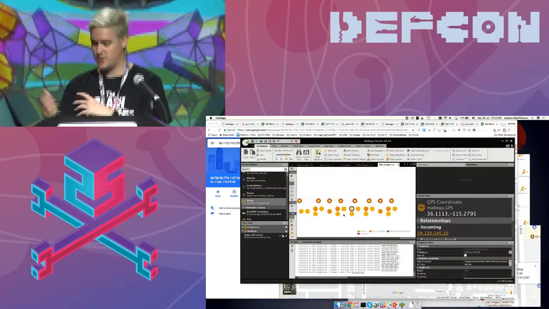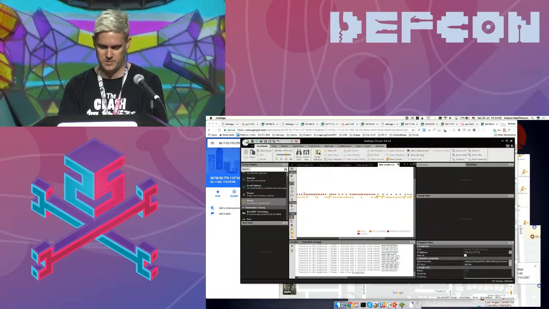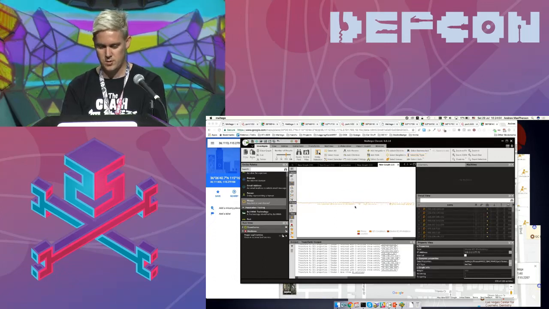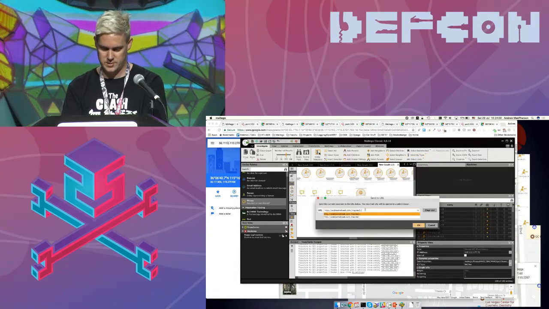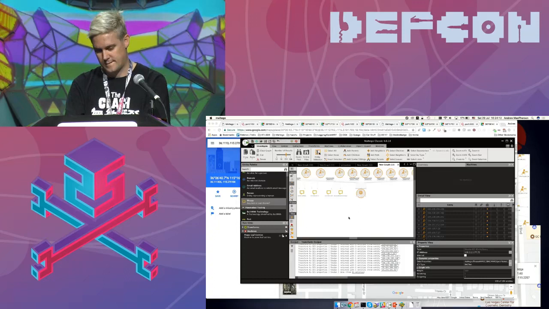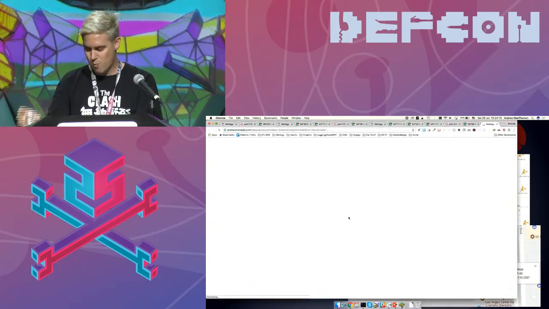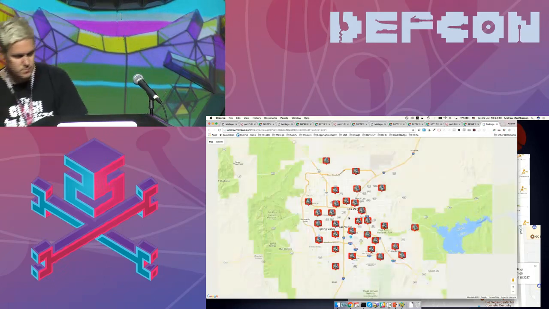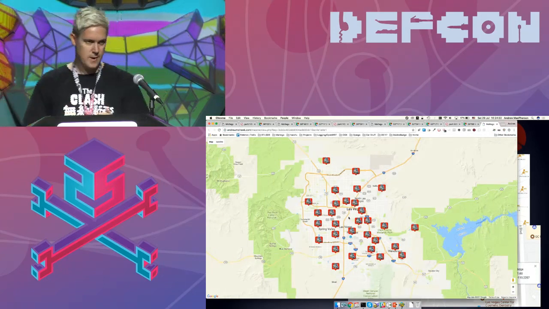I'm going to say, okay, actually, I want to visualize all of these devices, right? Because I'm not going to go through each one like that. That will take me forever. So I'm going to take all the GPS coordinates, all the ICS devices, and I'm just going to send it to a map. Okay, hopefully this loads up. And then I can say, okay, cool. So now I've got a map of all the ICS devices in Las Vegas,